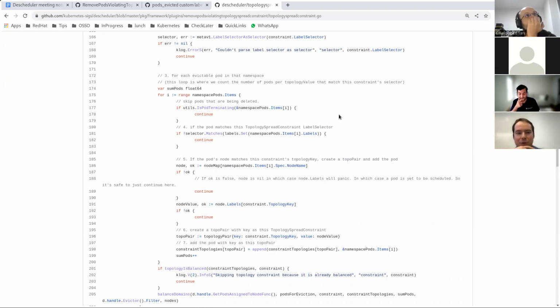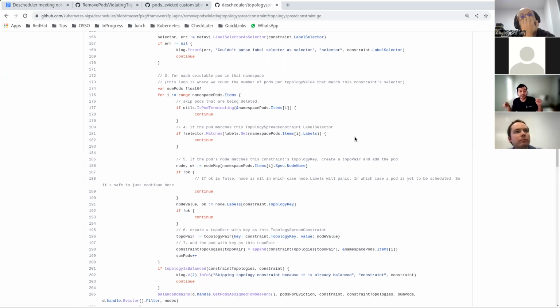Exactly. That's what I was thinking. So yeah, I think it'll be doable. It'll be tricky. But it comes down to those duplicates that we're looking for, right? A pod that matches across constraints. So as long as we can find a way to represent that. The other challenge was that if a pod is considered for eviction, you don't want to count it again,